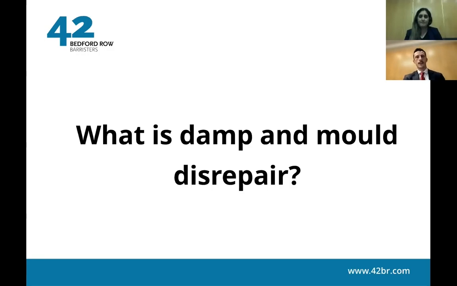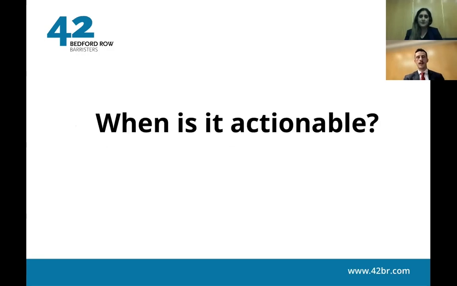However, just because there is damp or mould in the property doesn't automatically mean it's in disrepair. Let's look at the repairing obligation that is relied on in nearly all claims, which is Section 11 of the Landlord and Tenant Act of 1985. This applies to nearly all residential tenancies, unless they're for a fixed term of more than 7 years. Do note, though, that it doesn't apply to licenses, which aren't leases. You might get those, for example, in bed and breakfast temporary accommodation.